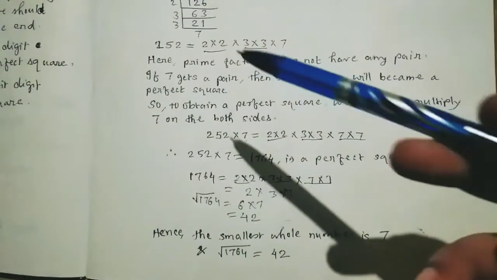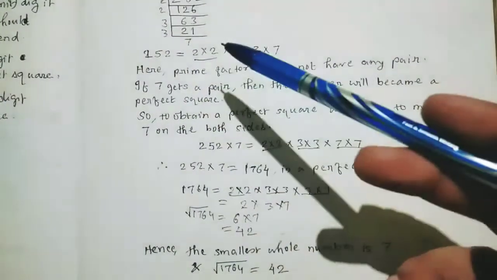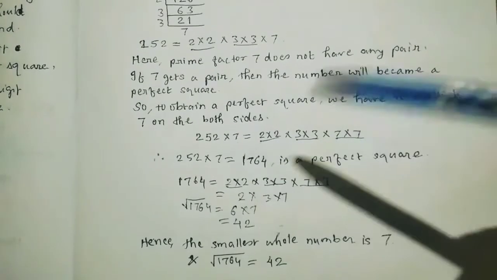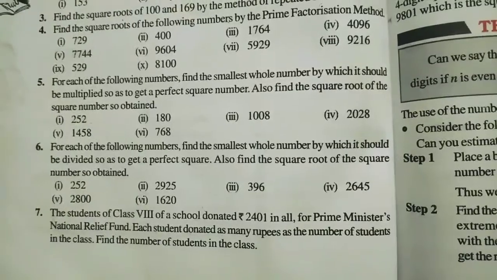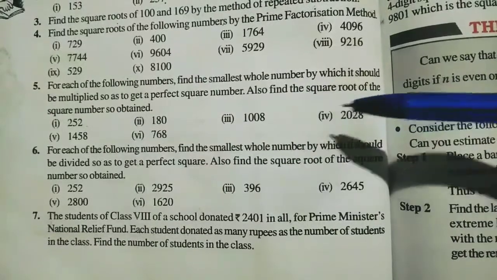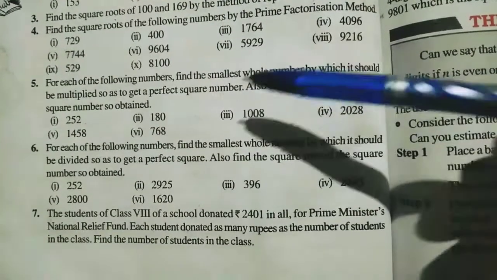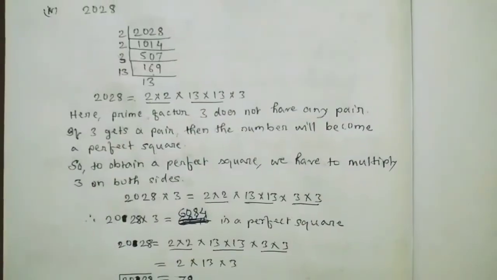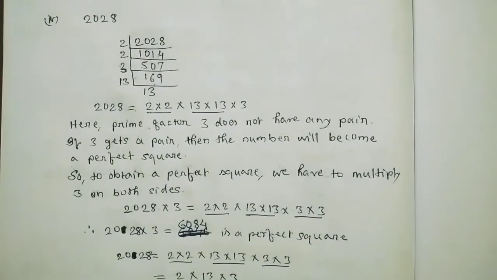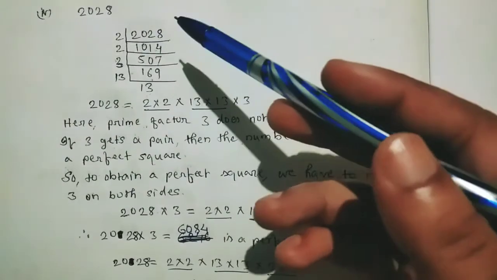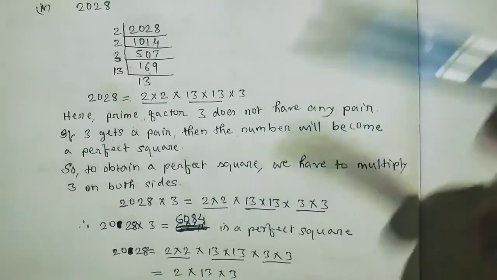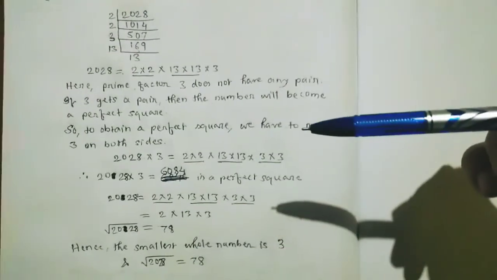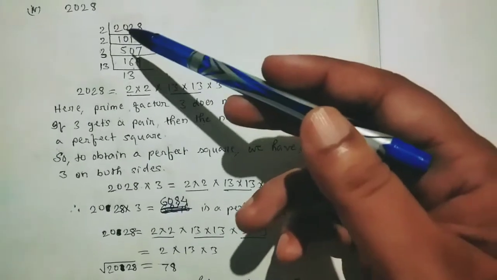You have to make the given number into a perfect square by multiplying the number on both sides to make it a perfect square. So this is the way of doing it. Students, suppose I am taking the bigger number, that is 2028, and these are all your homework. So let's see this. Here you can see question number 4, 2028. You have to write all this language, because this is a question where you have to make a perfect square. If you do not write the language like this, you will not get marks. So first of all, you have to factorize this.